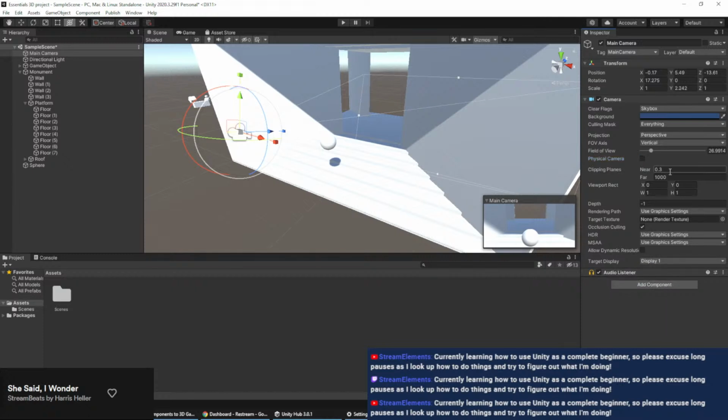Okay, we'll leave it as is. Move the camera to a position where it can see the ball and the steps below it. You can also move the camera to align it with your current scene view. Oh,